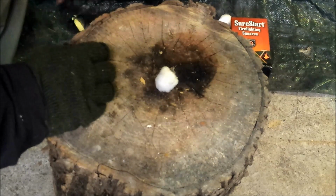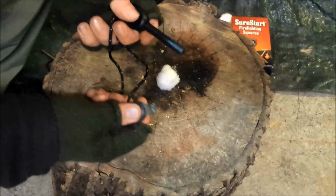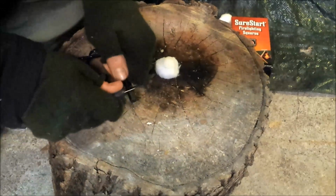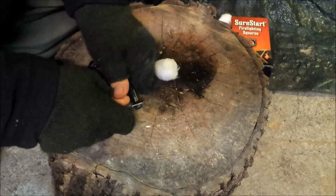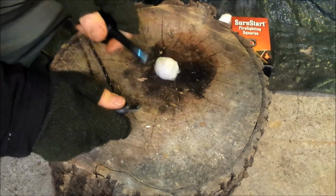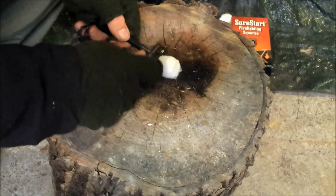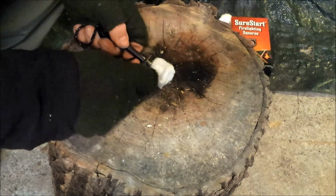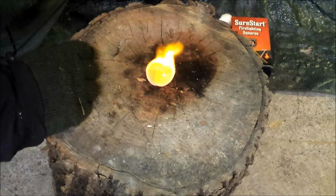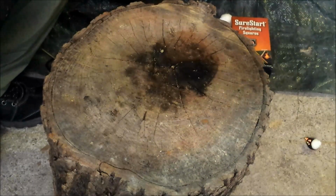Really simple test. But here's one thing that I want to show you right off the bat, and that is this. These have these nice thumb divots. Great, has a great grip on it. And right here is something those other ferro rods will not do. Just on the very tip, they spark so easy that you will not waste this ferro rod by any means. But that's just one thing I wanted to show you with that. Fluff this up just a hair. And that's just how easy it can get something like a cotton ball started. For the next one,